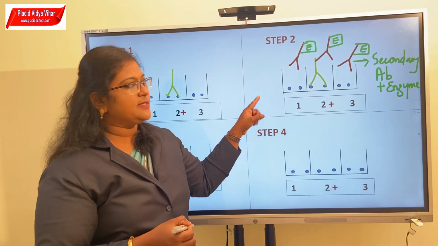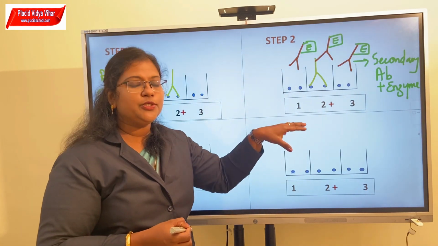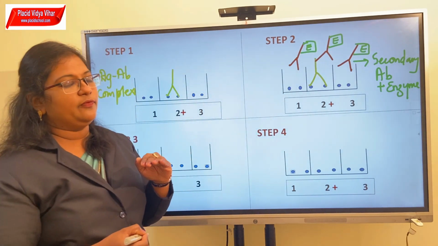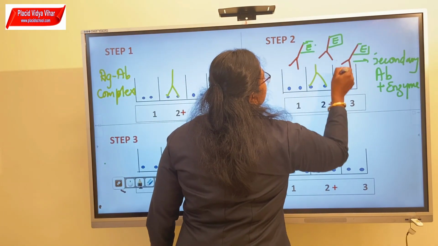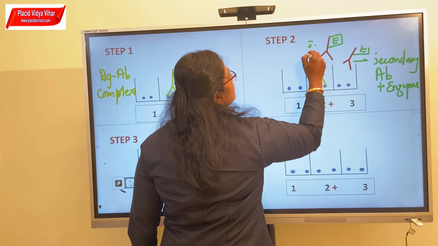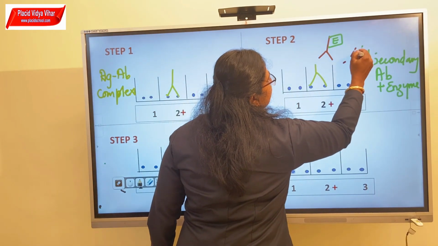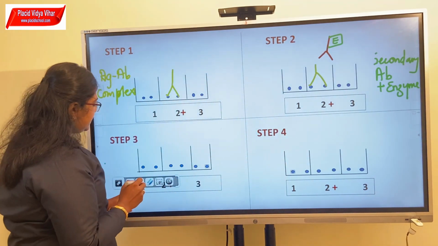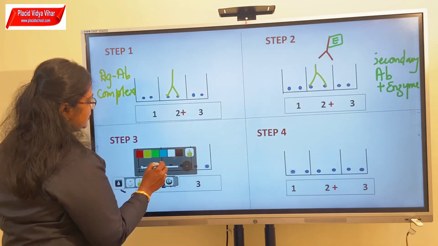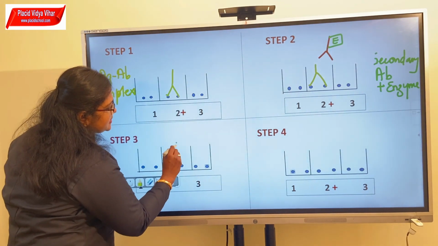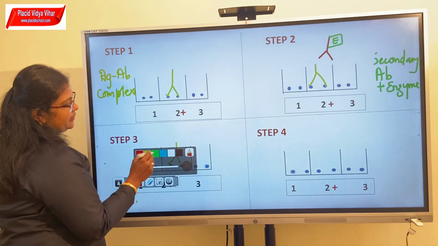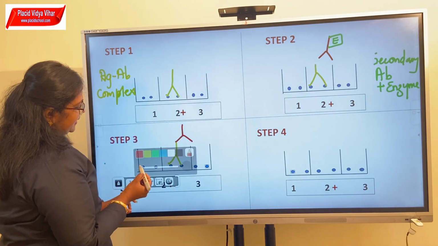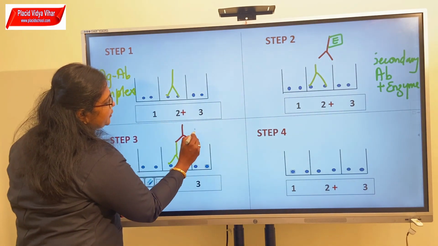As a result, when you add the secondary antibody linked to the enzyme, it will bind to the antigen antibody complex present only in the second well. When we wash off, the first and third wells will clear off the substrate, and only the second well will contain the bound antigen. You can see the antigen being bound to the antibody like this, and the secondary antibody will be bound to this, linked to the enzyme. So in the second one only you can see such a phenomenon.